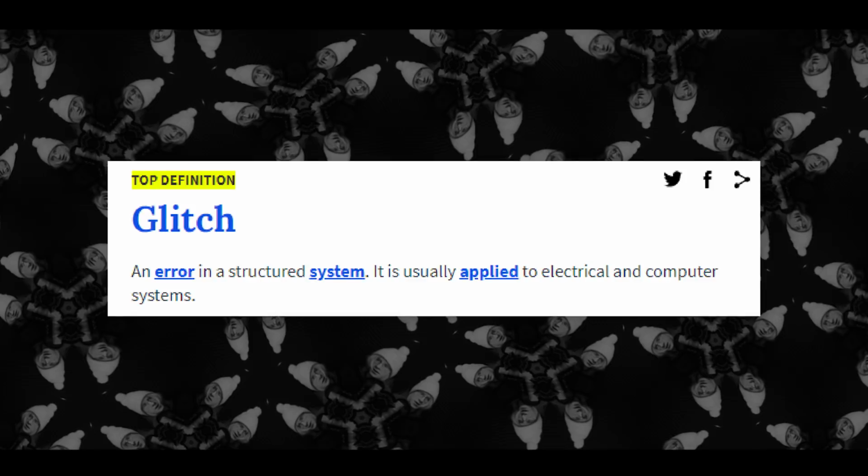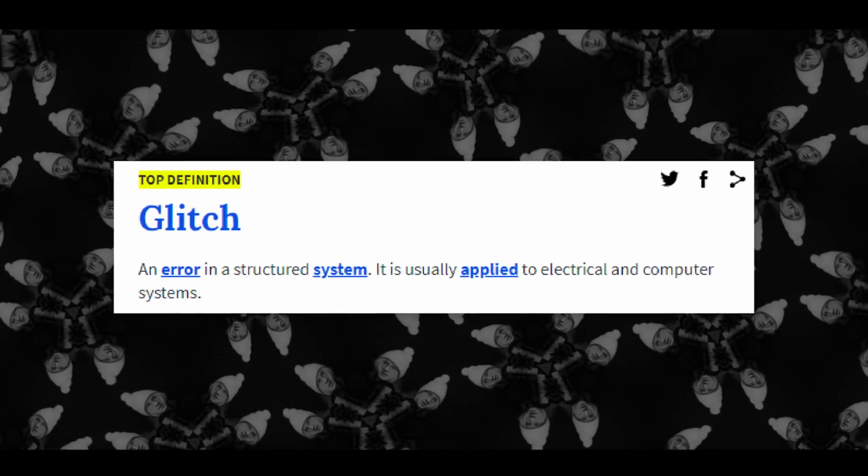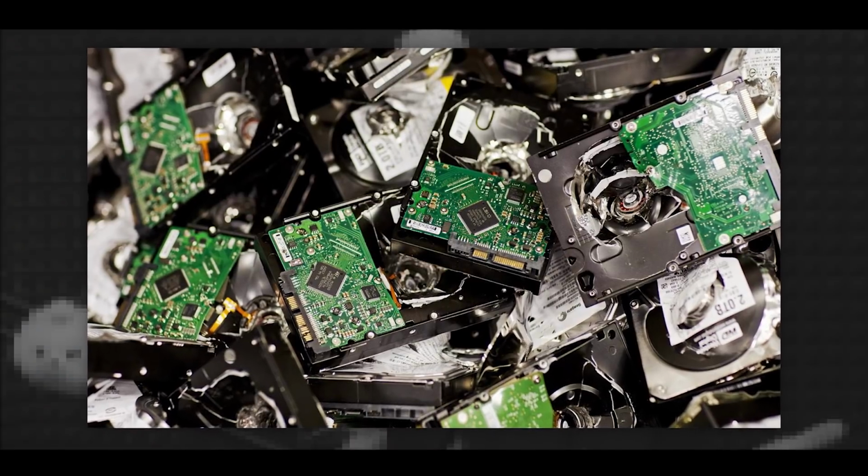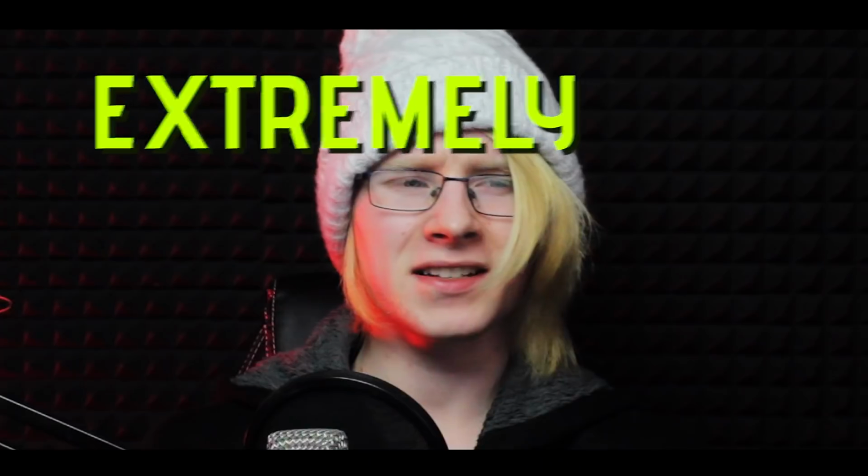Glitch: an error in a structured system. It is usually applied to electrical and computer systems. So basically, broken stuff. I myself think that glitches sound extremely nice and you can actually create a lot of